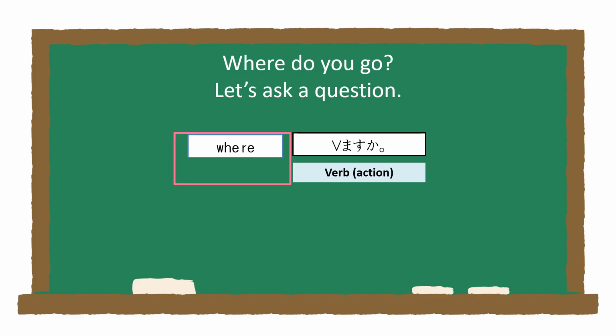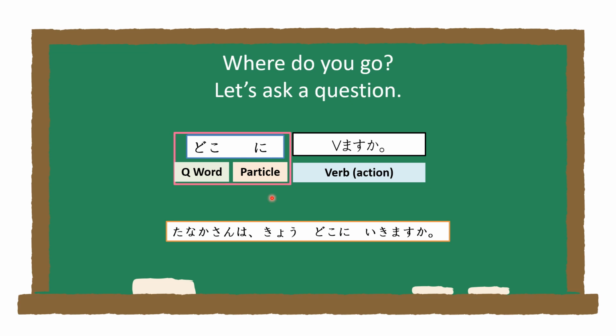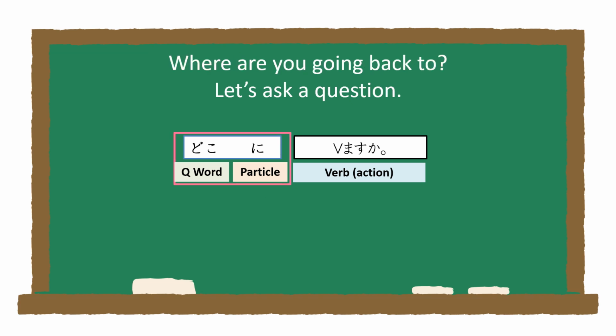To ask a question about someone's destination, you combine the question word where with the particle ni. So how would you ask Mr. Tanaka where he's going today? 田中さんは今日どこに行きますか? いいですね。